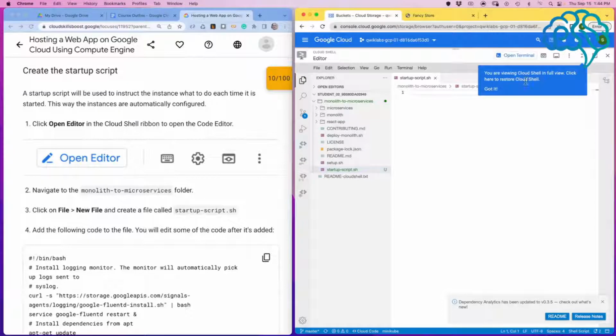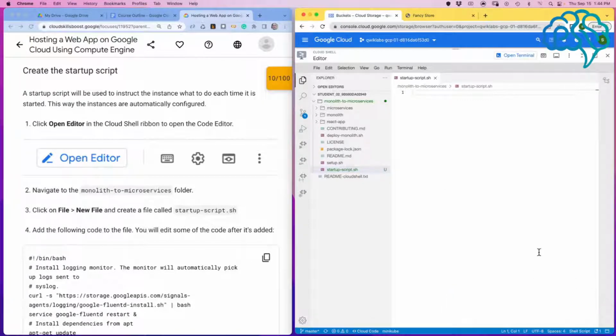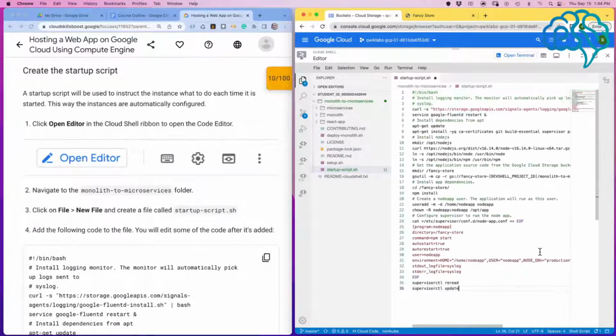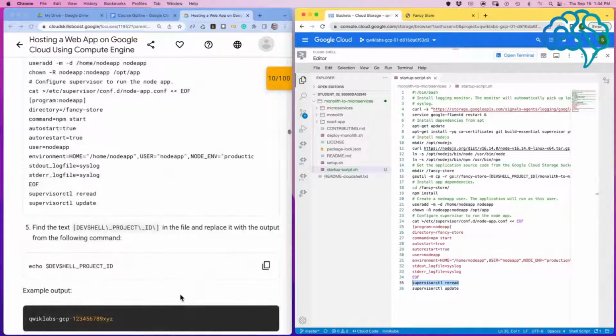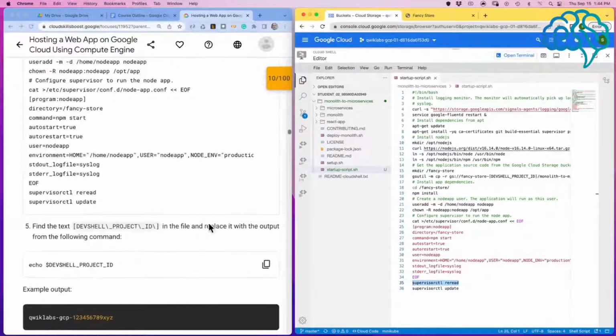And I'll next copy this and paste it inside of here. There we go. So this is a bunch of stuff that basically bootstraps a machine. I can tell it's grabbing code, creating a supervisor process, all that stuff,